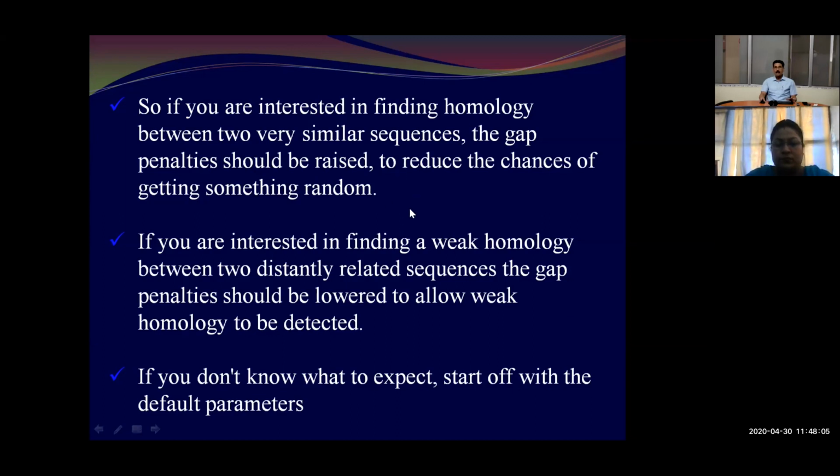That means we should encourage creation of gap. Even after creation of a gap, even after deduction of the gap penalty, if the matching score increases, that is always acceptable. So while comparing two similar sequences, higher gap penalties are given. But while comparing two sequences which are unrelated or from two different species, we do not expect a very high level of similarity, so the gap penalty should be reduced. That is the normal principle followed.